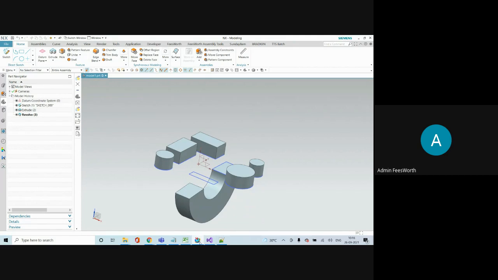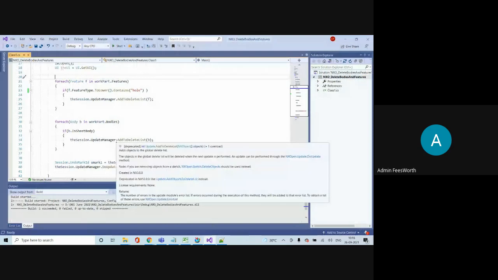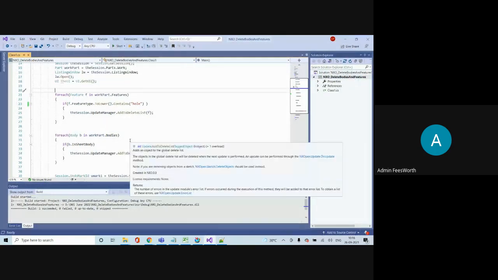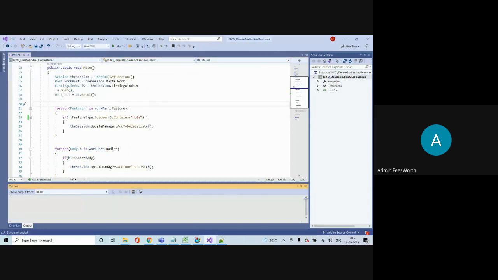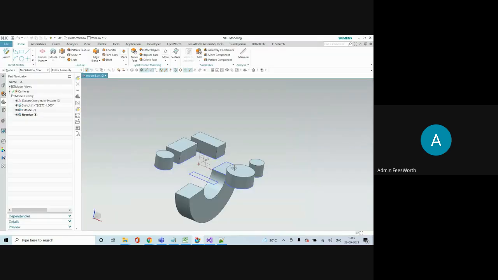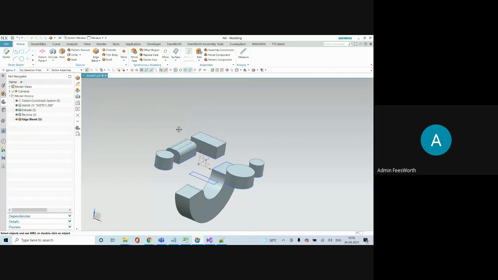Why? It's supposed to delete only the hole. Wait. I need to undo for the holes.